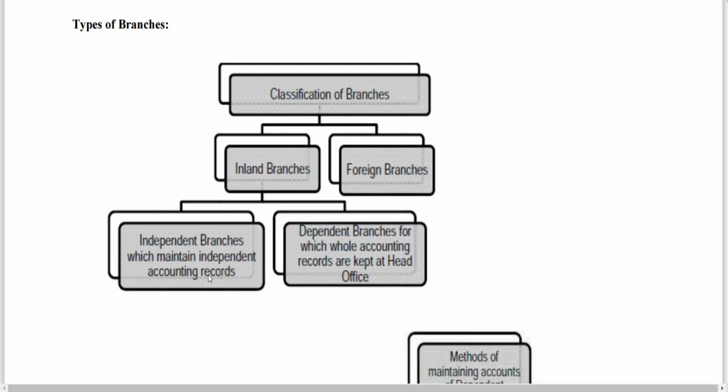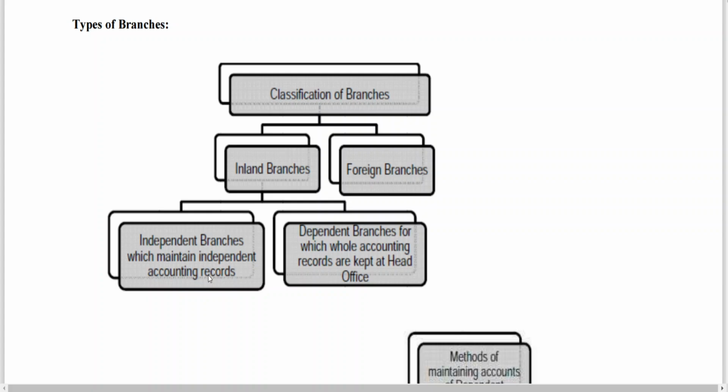Also, both the branch and head office maintain separate accounts to record the transactions between them. That means head office is maintaining separate accounts and branch is maintaining separate accounts. That is, head office account in the books of branch, and branch account in the books of head office. At the year end, with the help of the accounting for independent branches, the final accounts can be prepared. Clear to all of you? So that is what today we are looking into.